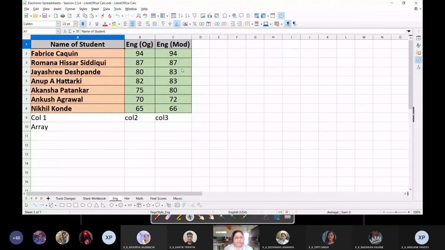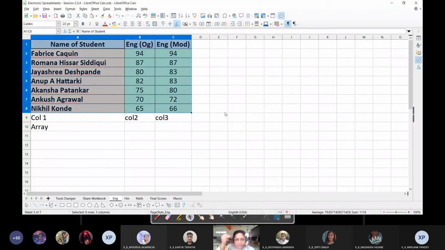So the English teacher had to enter the marks and moderate the marks of all the students also, and sort the values in descending order from highest marks to lowest marks. This is to check that the deserving students are getting good marks. Okay, the students below average, whether they are failing or not.